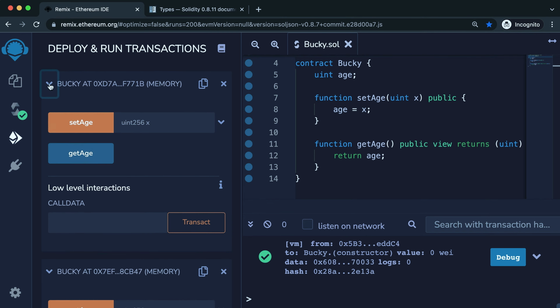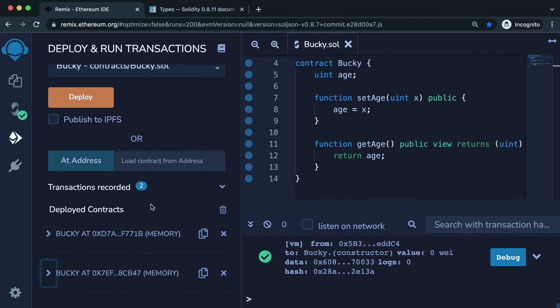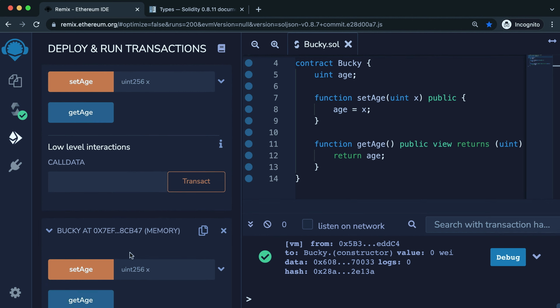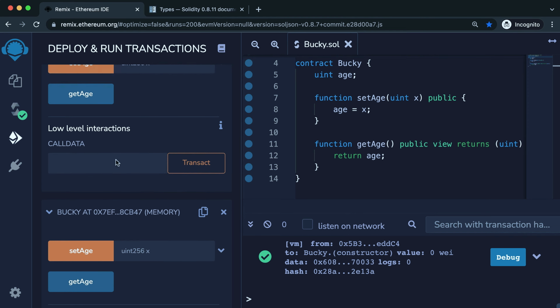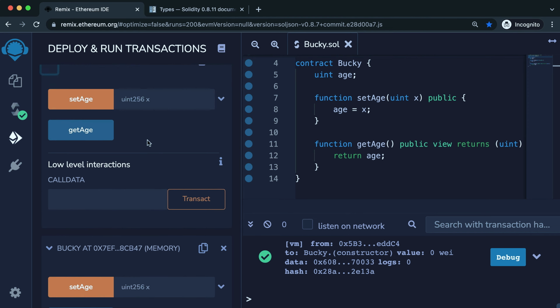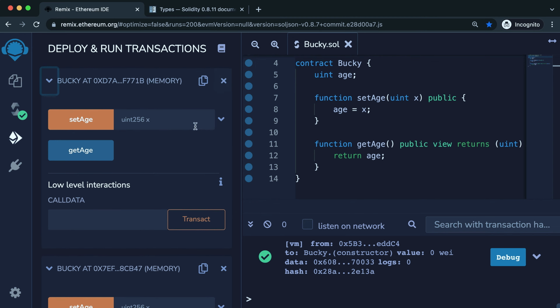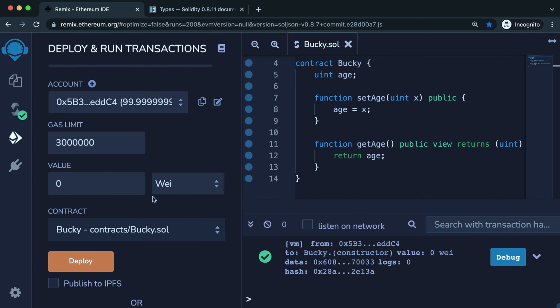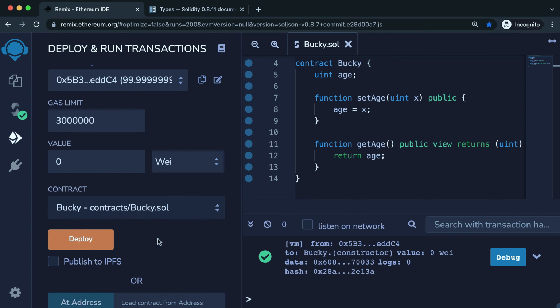And this is actually what I meant by there's not only one version of the smart contract living on the Ethereum network. You can deploy it multiple times and have different instances of it. So now I deployed it twice. So we got two versions of Bucky floating around. Maybe one has the age of 10 and one has the age of 20. And the last thing that I want to mention is that, let me go ahead and actually clean these up, is that whenever you are interacting with these smart contracts,